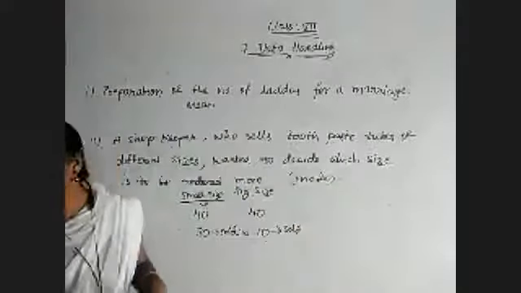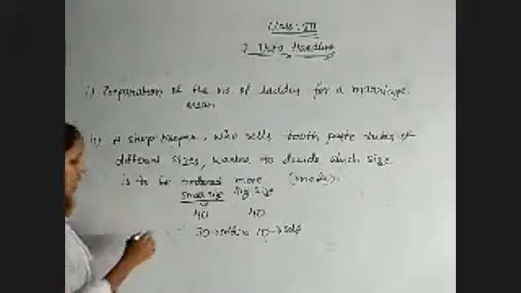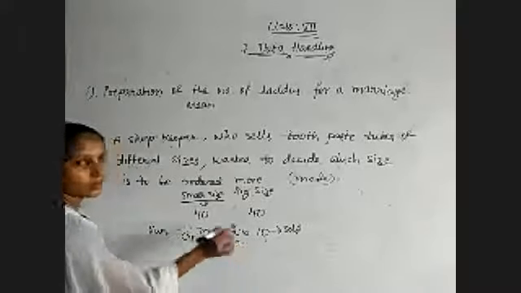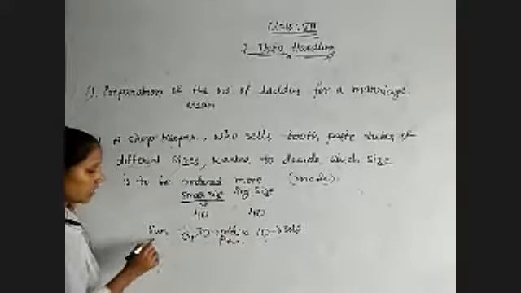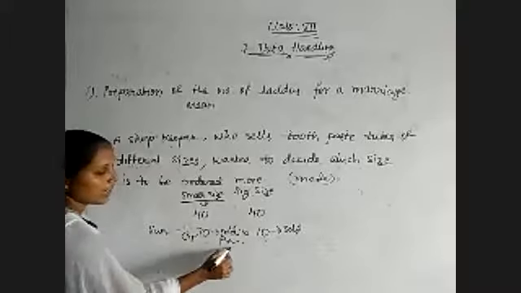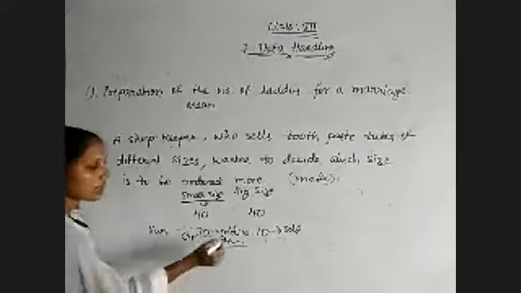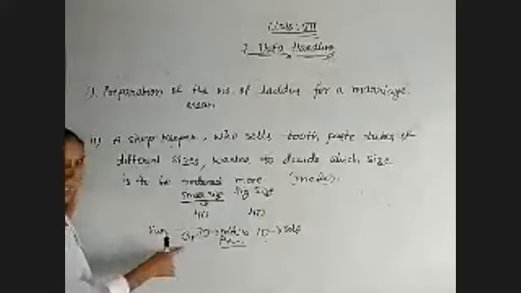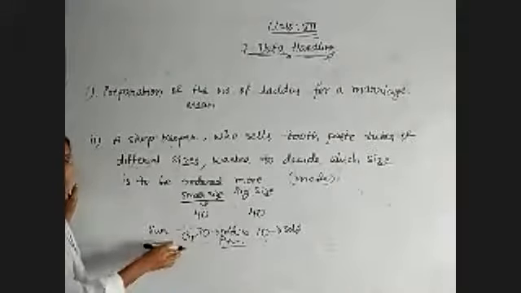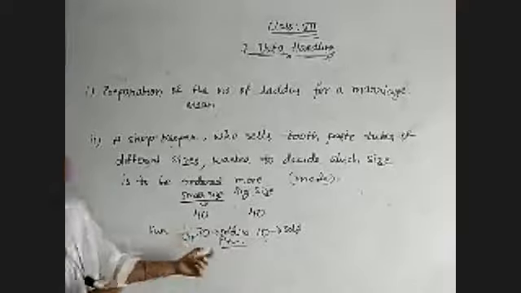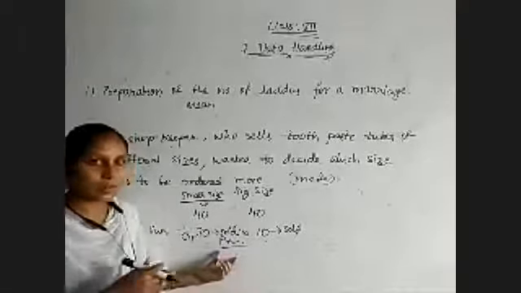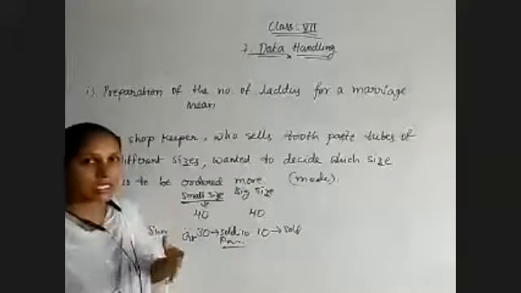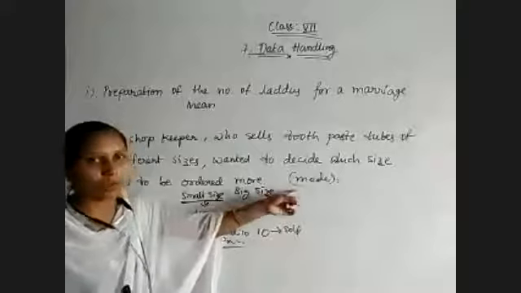Okay, suppose in a shop he is selling three types of oils: sunflower oil, groundnut oil, and palm oil. In that case, most of the people are buying palm oil only. Then next time he must bring more palm oil. Whatever is already in stock, he need not bring again. He will take fewer packets of those, and whatever he doesn't have in stock, he must bring more of those packets. Yes or no? So in such situations, we go for mode.